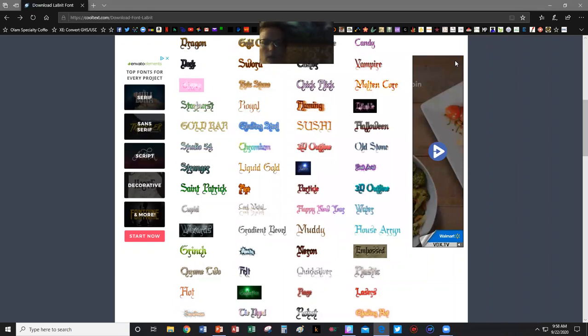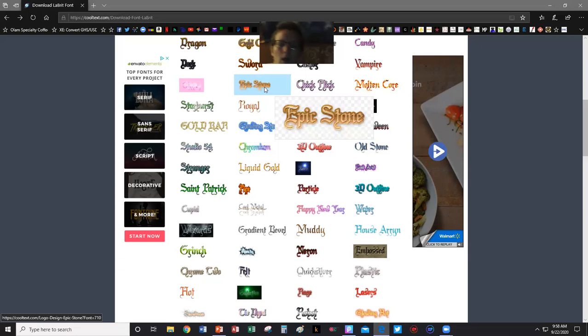For the Scholars Guild, I am looking for that elegant, old world feel to it that's going to look good on pretty much any background.